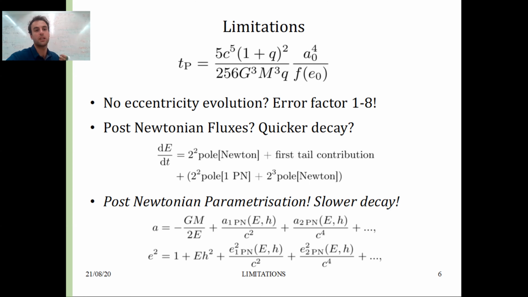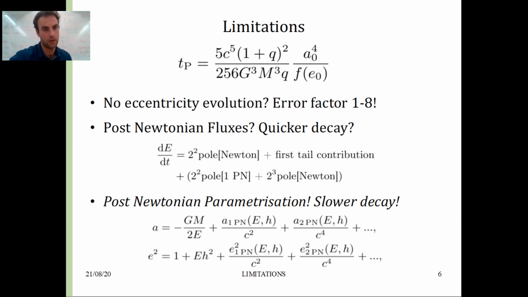Second of all, people that know post-Newtonian theory will know that Peter's timescale and in general those evolution equations are just the lowest order in post-Newtonian expansion. Post-Newtonian expansion is an approximation of GR, and this is the lowest order. It's the 0th order. And so one expects that for highly relativistic orbits, this Peter's timescale will start to fail